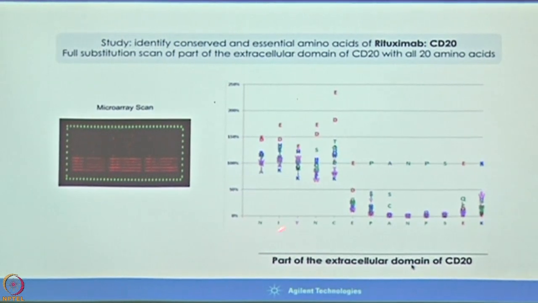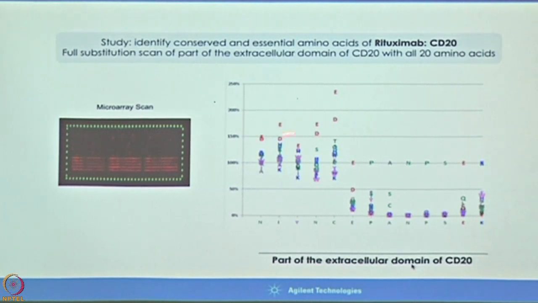So when they replace, see, this is the cluster where the antibody binds, but there are many amino acids they're going to bind. So clearly this is not a clear epitope, right? But see this cluster, where there's no signal, right? That means if you replace that amino acid where antibodies bind and they are not getting signal, that means they are the clear epitopes because the amino acid was replaced.